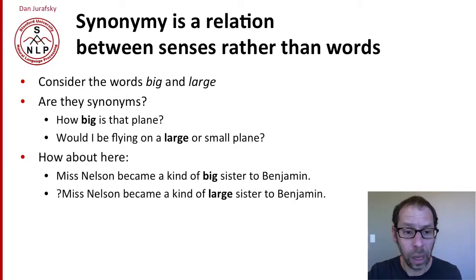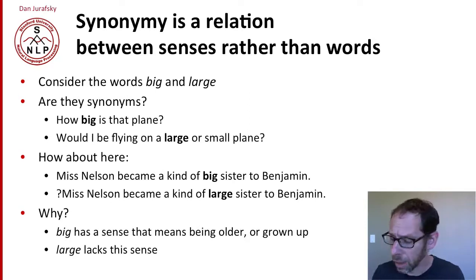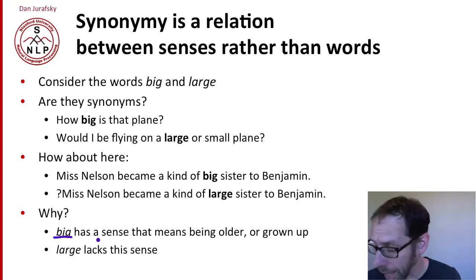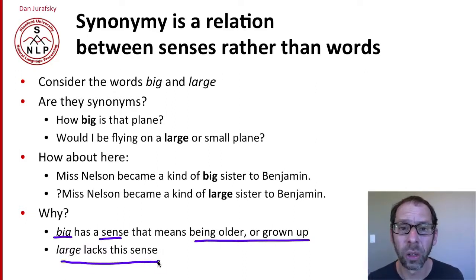But consider these sentences. Miss Nelson became a kind of big sister to Benjamin. Miss Nelson became a kind of large sister to Benjamin. Now here, big and large mean very different things. Big sister means older sister here, and large sister simply can't have that meaning. It means a physically larger sister, which is a funny kind of meaning. And so we want to say that big has a sense that large simply lacks. There's a sense of big that means older or grown up, and large just lacks this